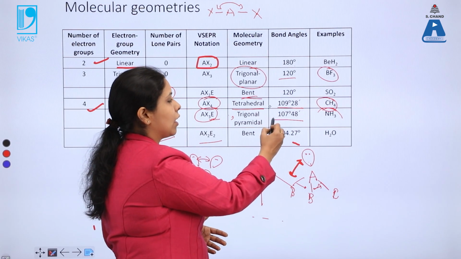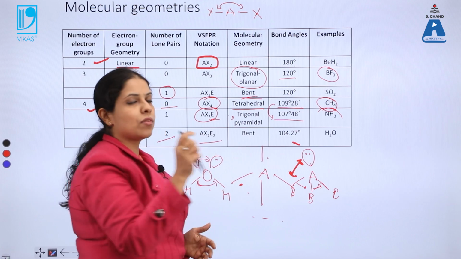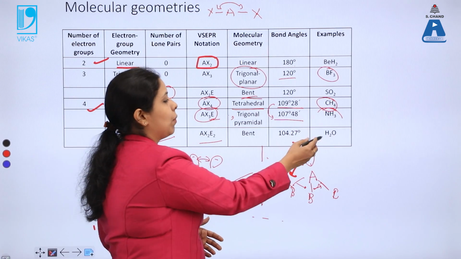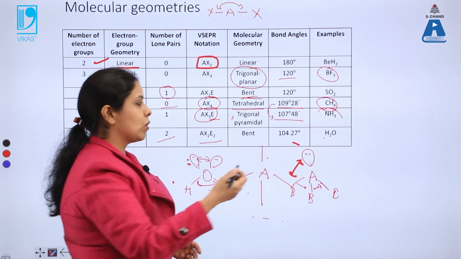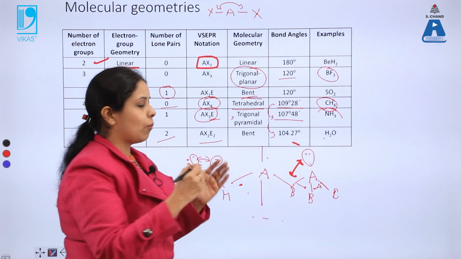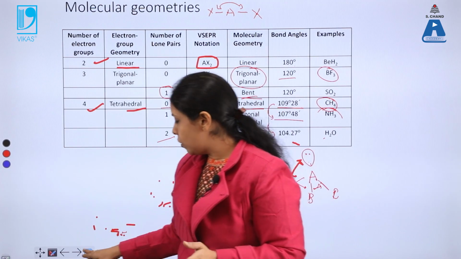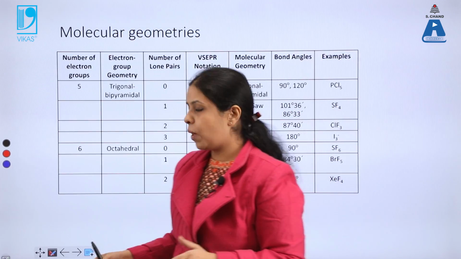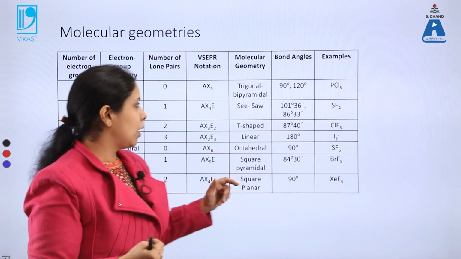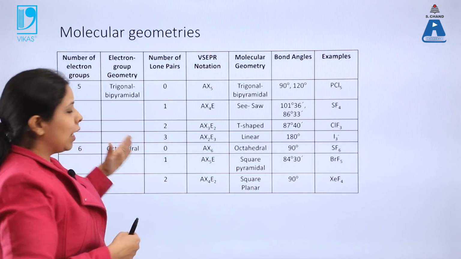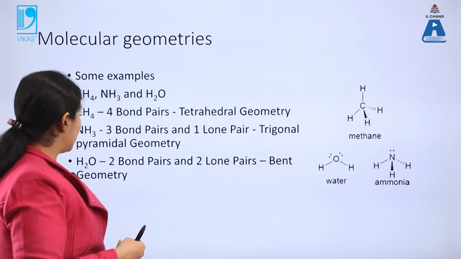So the bond angle decreases from methane to ammonia because of the presence of one lone pair, and because water has 2 lone pairs on the oxygen atom, the bond angle will further decrease to 104. So these are very important for you to understand the different molecular geometries, and how many lone pairs are there. Before going into the higher group numbers, let's see the case